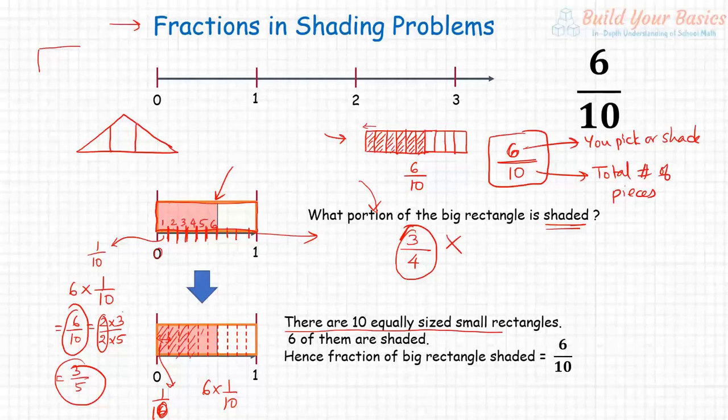For that question, the answer is 6 by 10. Then 6 by 10 is also equal to 12 by 20, so that is also the answer. 12 by 20 is also the answer. So sometimes in your multiple choice, you will come with some answer like 6 by 10.